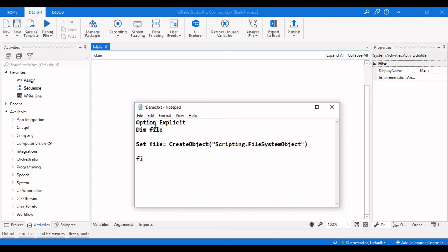And we need to use this object and method to create a text file, CreateTextFile, and here you need to pass the path.